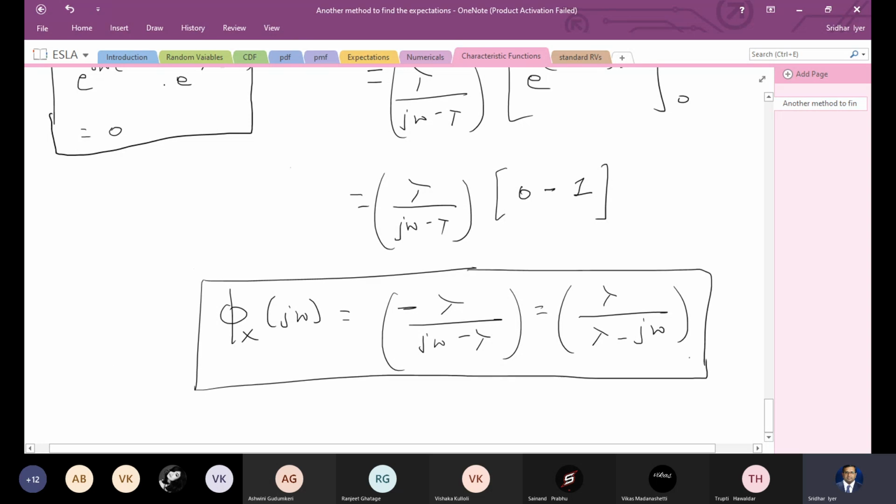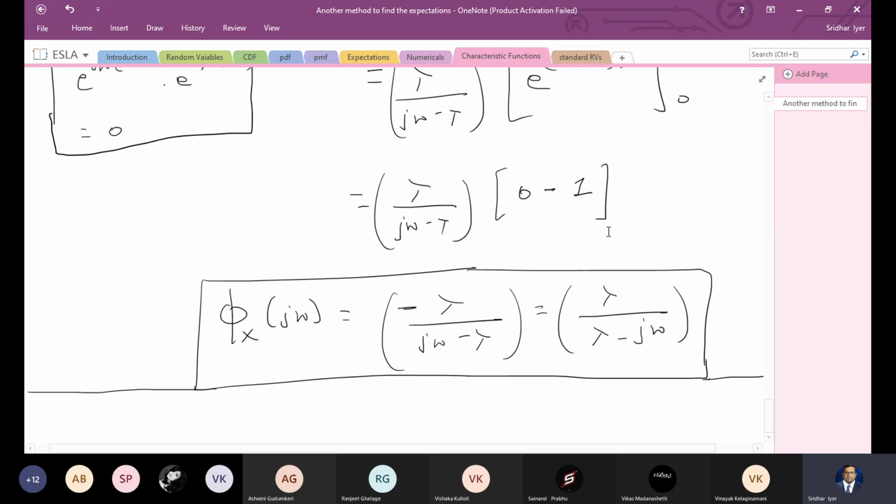So this is the characteristic function for this given PDF. Right? You can see that after you plug in the PDF into the characteristic function equation, it just turns out to be simple integration, and you just need to know what the integral is, right? So we need to be strong with the integration part. Okay. There is another numerical which I had given you for practice. We had not solved it, so let me quickly solve that, and then we'll move to the second part.